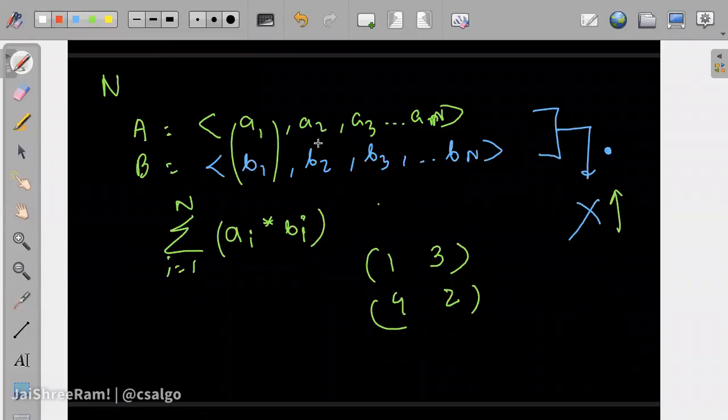So how do we prove that? Let's say if we sort them and multiply, we are always going to get the maximum number. It seems correct, and in fact it is correct, but why?